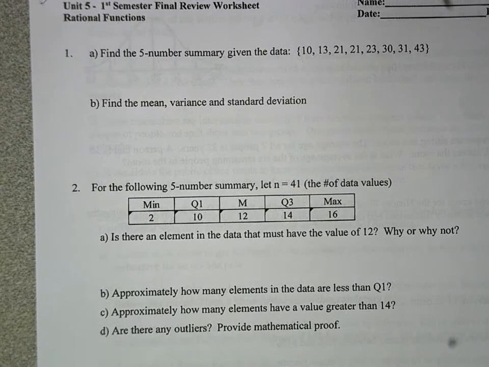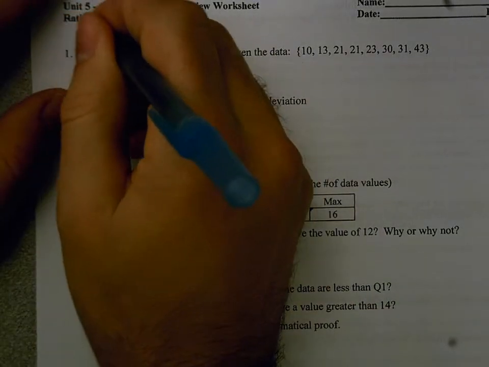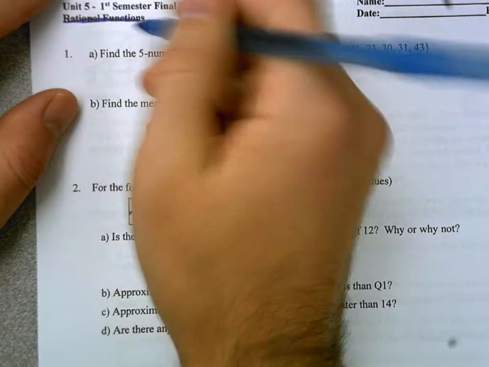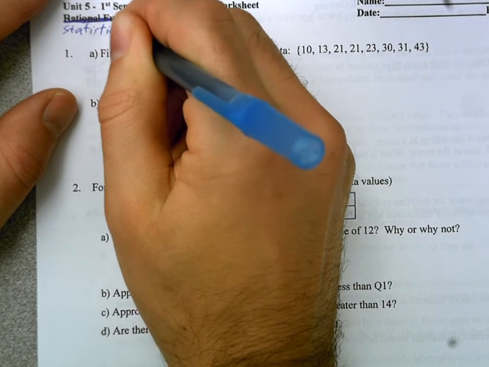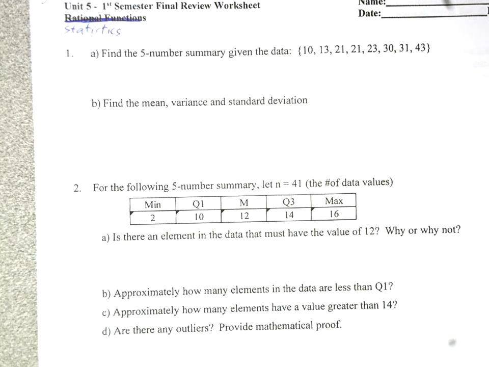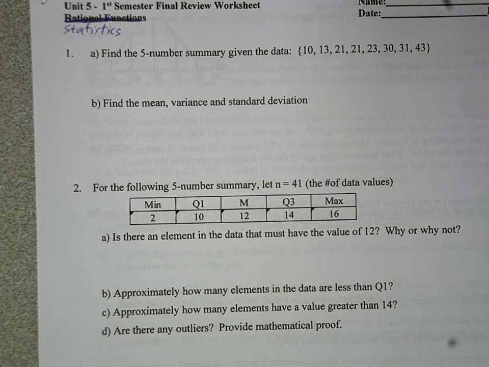So for Unit 5, first off, you could cross this out. The title is wrong. It is Unit 5, but this is statistics. I didn't catch that until after I'd made the copies. So now we're going to jump around, kind of hit the basics of as much of this as we can,